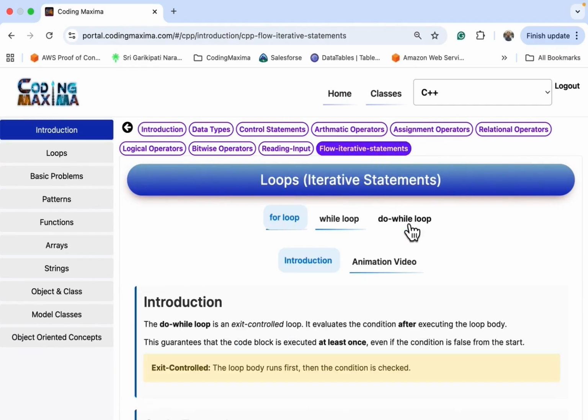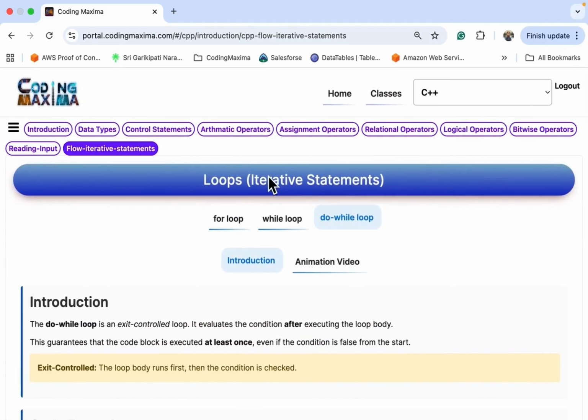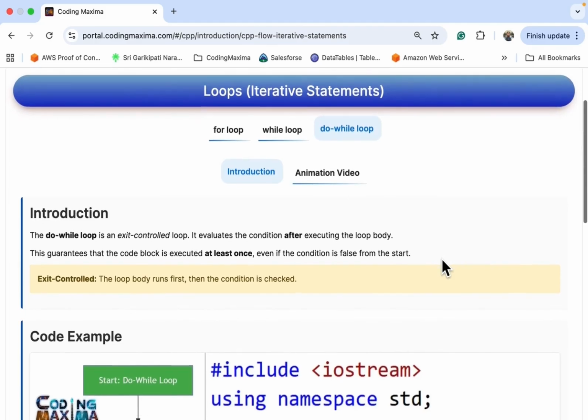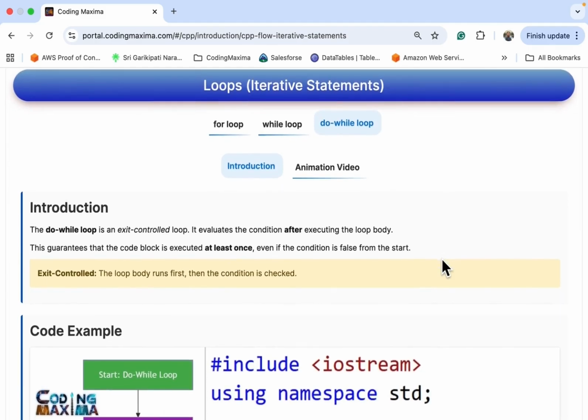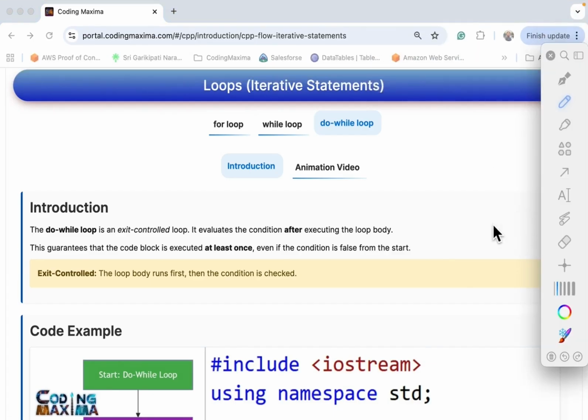Next, there is a do while. What do we call do while? We call it exit control. All these loops do the same work. They just do that work in their own style, that's all. Here, do while is also just like the while loop, going based on the condition. But the only small difference is this is called exit control. Do while is called exit control, but while is called entry control. That means while checks the condition at the time of entry, but do while checks the condition at the time